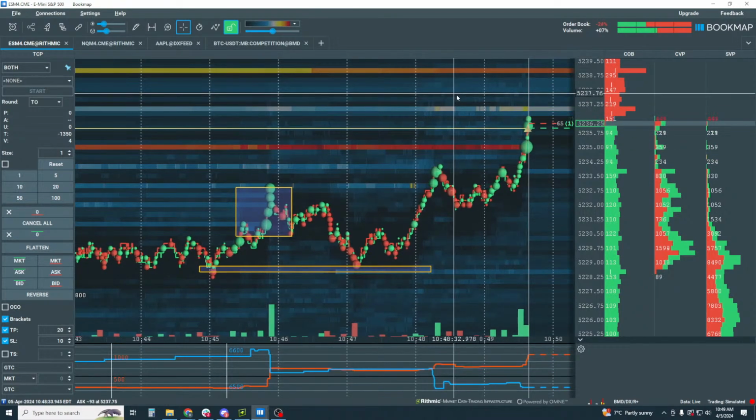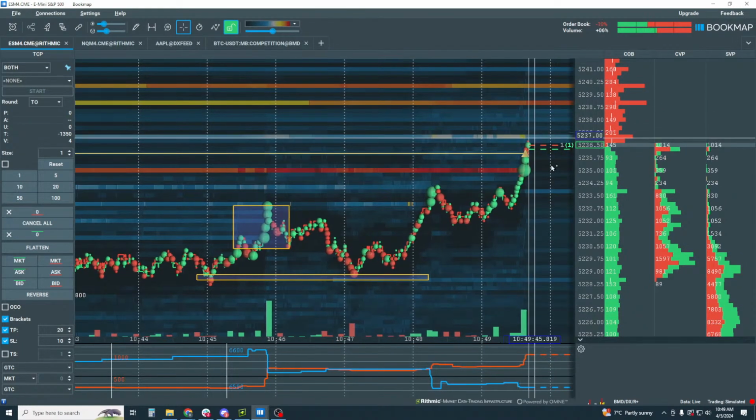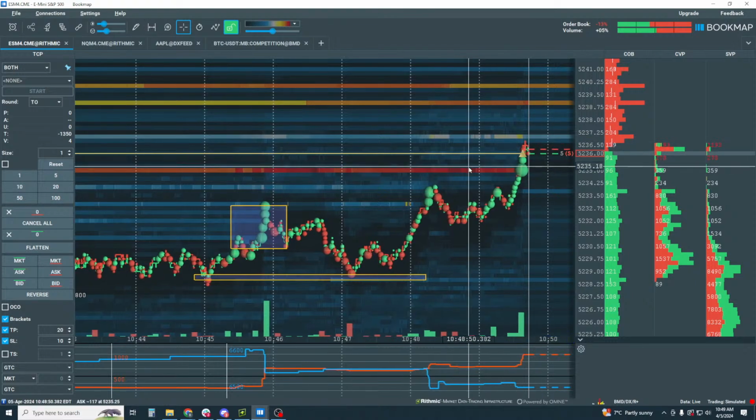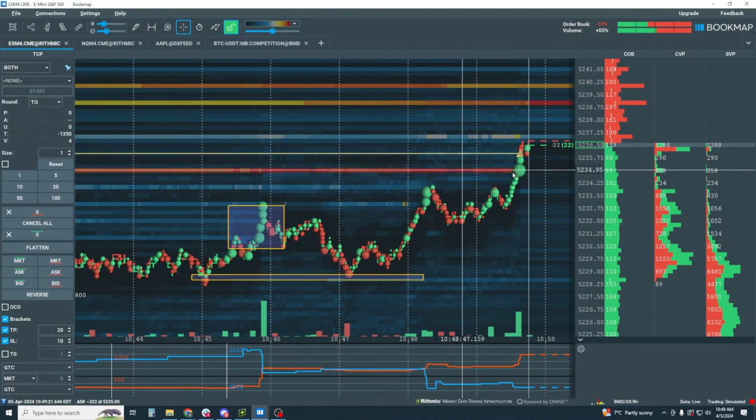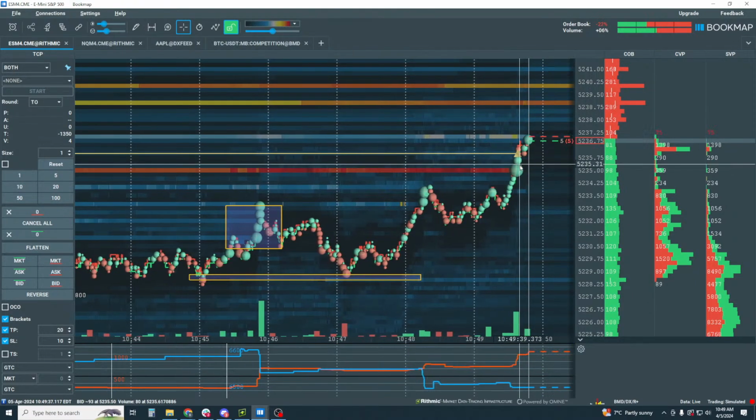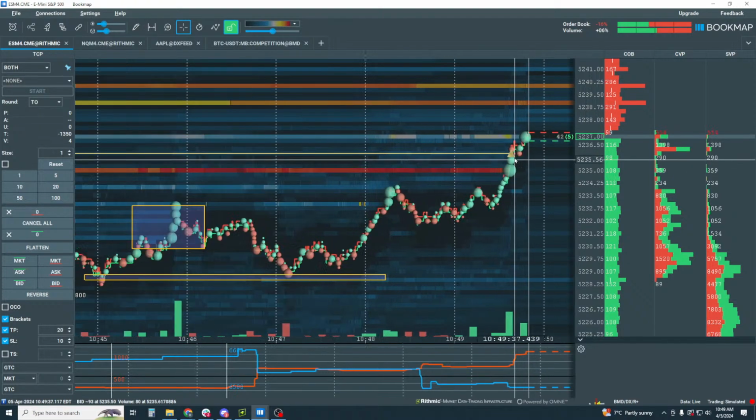Okay, and there it is. Okay, and we're stopped out. All right, so look at the high liquidity in here, and did it transact? That's what we want to determine. All right,